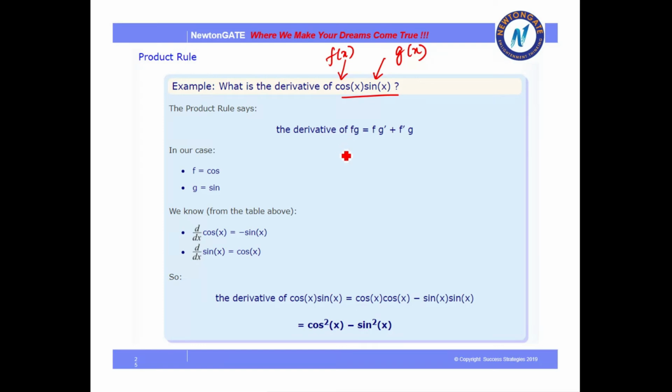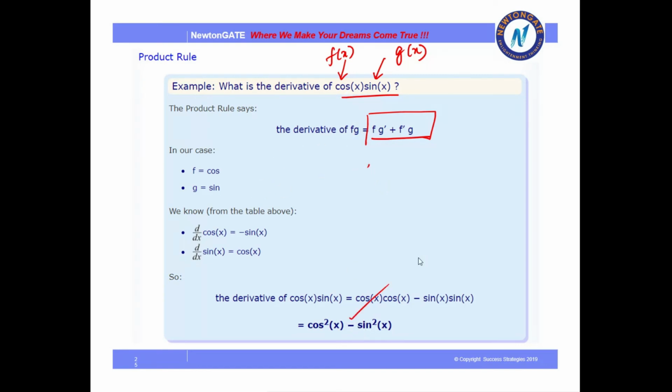Now the product rule is fg' plus f'g. Now we can interchange f and g. You can take sin x to be g, you can take cos x to be f, and so on. We can always interchange. But whatever we do, we have to put it in this form. So here I have taken f as my cos x and g as my sin x, and this is the